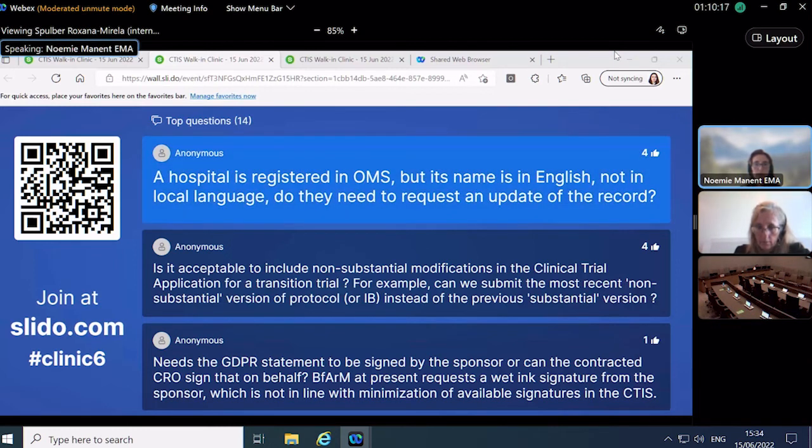So the next one is: the hospital is registered in OMS, but its name is in English, not in the local language. Do they need to request an update of the record? I must say on this one, I would probably want Anna, your support on that one, because I understand that